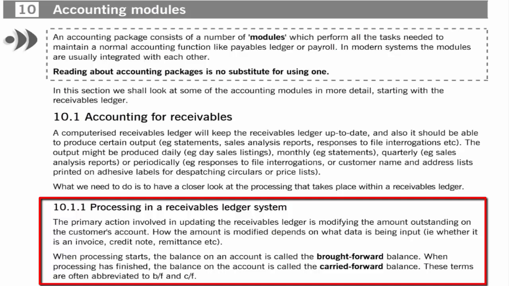It's simply the ending amount they still owe, and it becomes next period's brought forward balance. So if you start with $500, add a $200 invoice, subtract a $100 credit note, and subtract a $300 payment, you end up with $300 at the end of the month. That $300 is the carried forward balance, and when the next month begins, it will become that month's brought forward